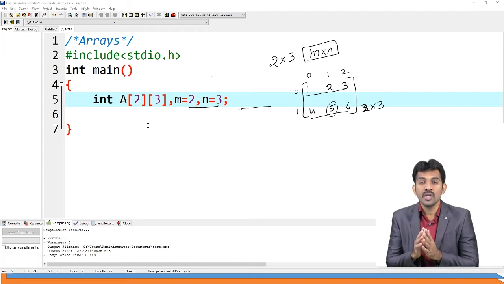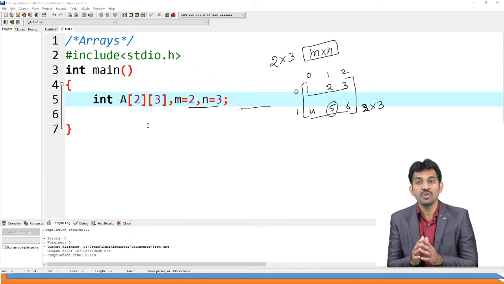Remember one thing: if you are going to read an n-dimensional array, then you should use n for loops.